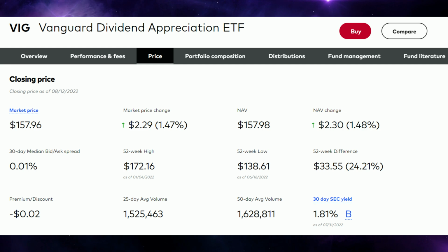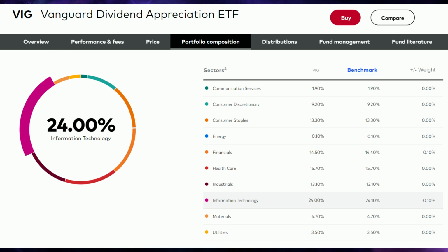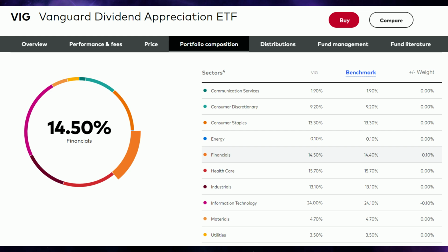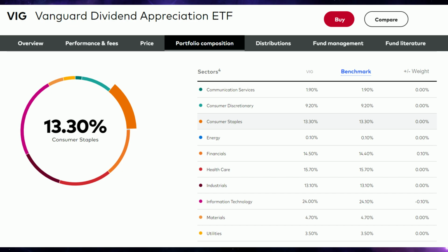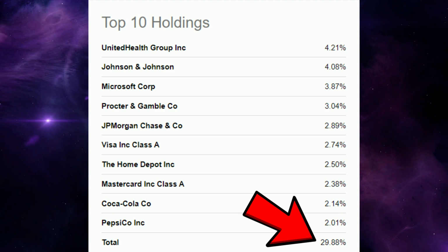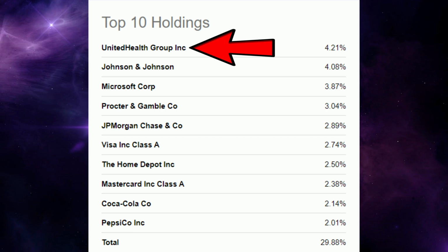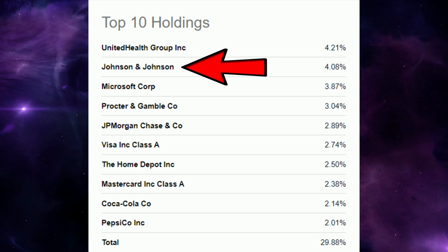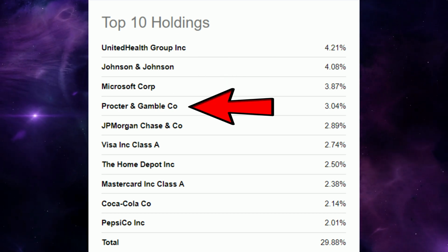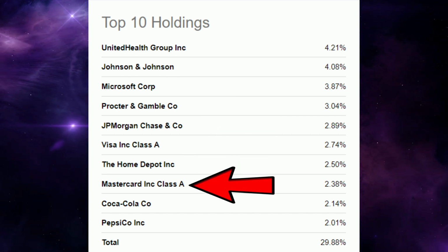And currently, this gives you exposure to 289 companies, with the top 3 sector exposure being information technology, accounting for 24%, followed by financials at 14.5%, and consumer staples at just over 13.25%. The top 10 holdings account for almost 30% of this ETF, with United Health Group at the top with a 4.21% share, followed by Johnson & Johnson, Microsoft, Procter & Gamble, JP Morgan Chase, Visa, the Home Depot, MasterCard, Coca-Cola,